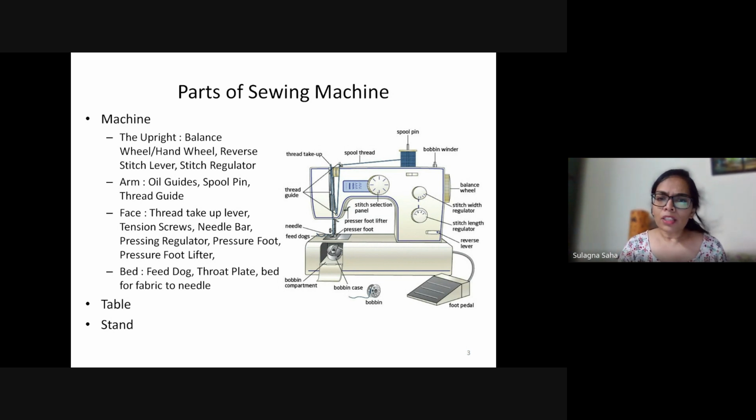There would be some other parts in any machine, which includes an oil tank. The oil tank is generally located somewhere in the bed. If it is an industrial machine, apart from the pressure foot lifter, which is like this, we can also have a knee pressure foot lifter. It is located on the side of the stand.